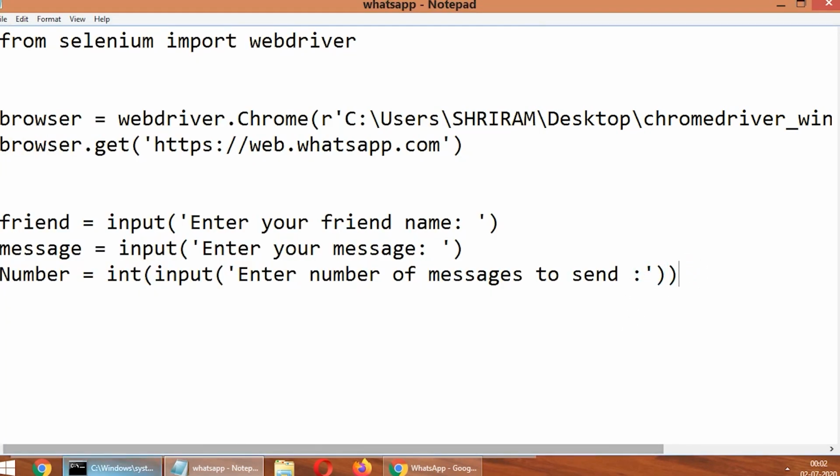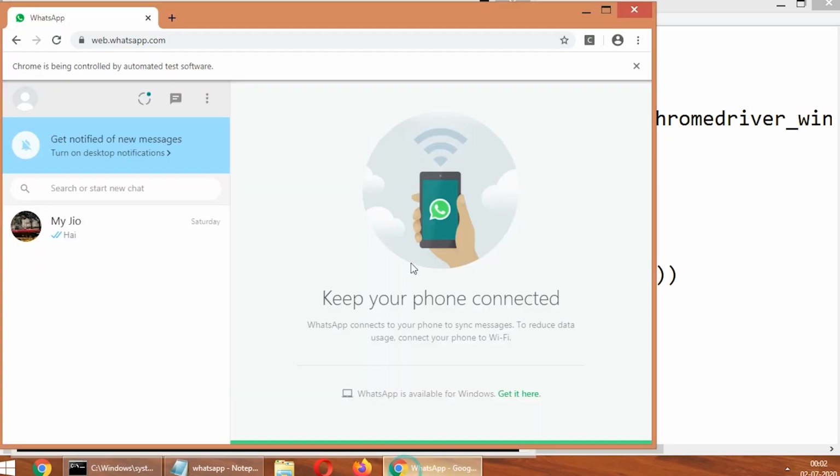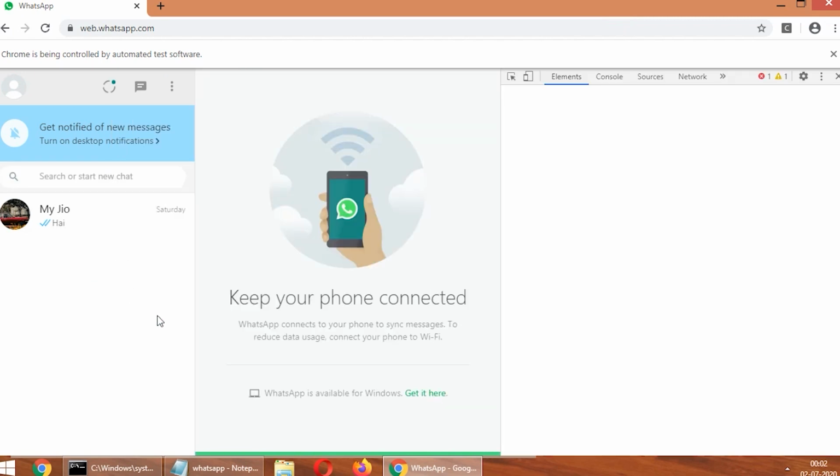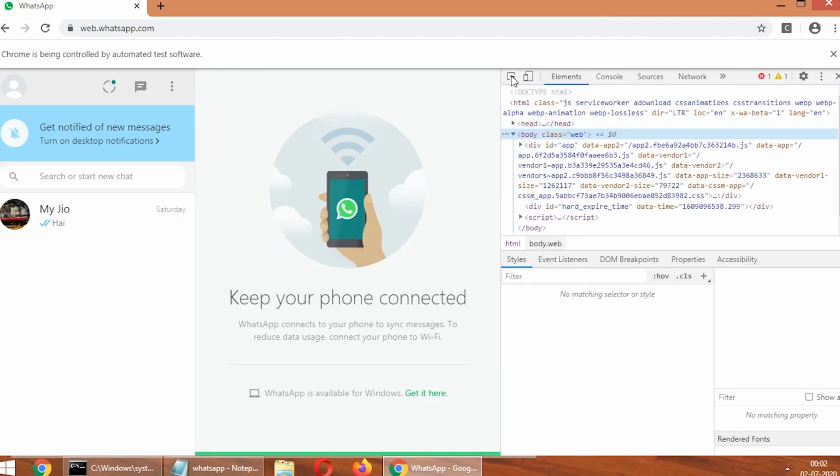To send this data to the browser, we want to find the search box, because our browser doesn't know where it exists. For that, you just right click and there will be an option called inspect. Click on that. You will get a picker tool like this.